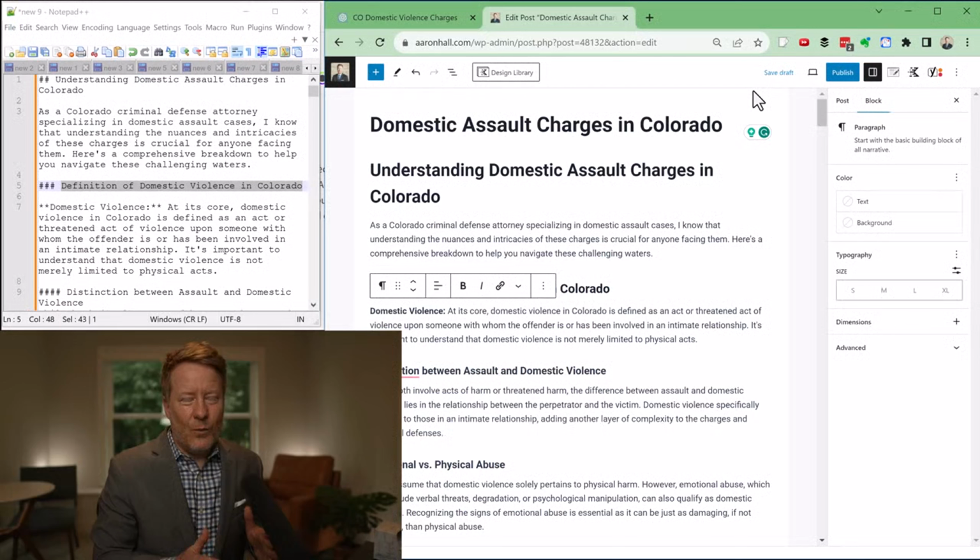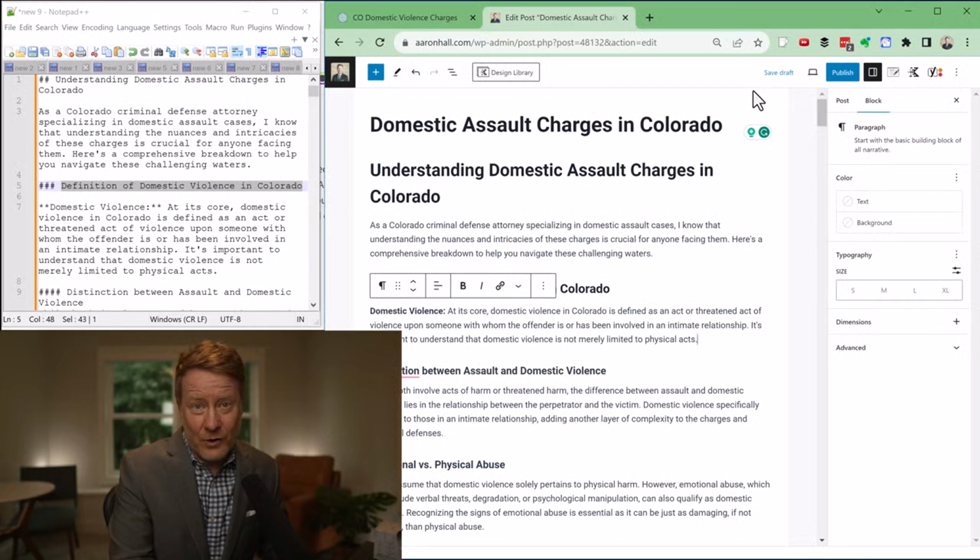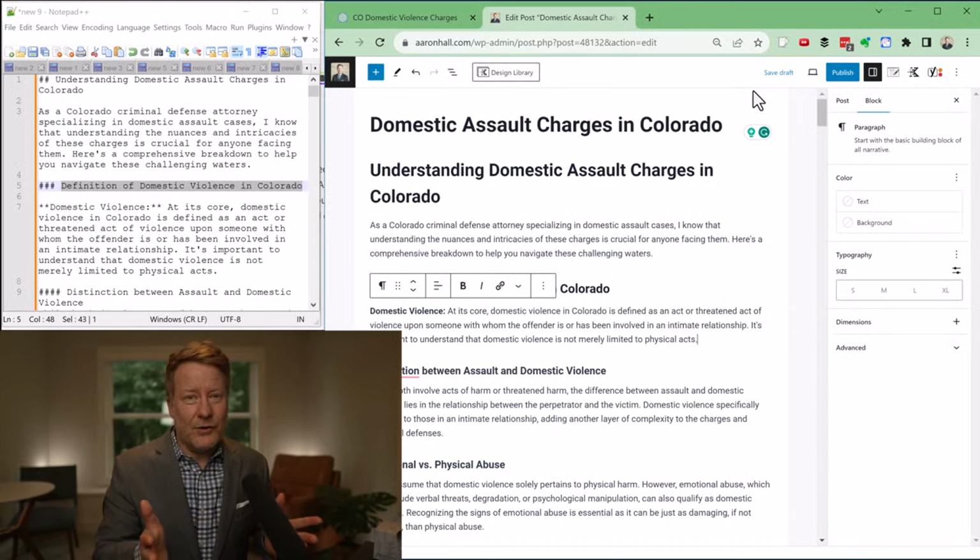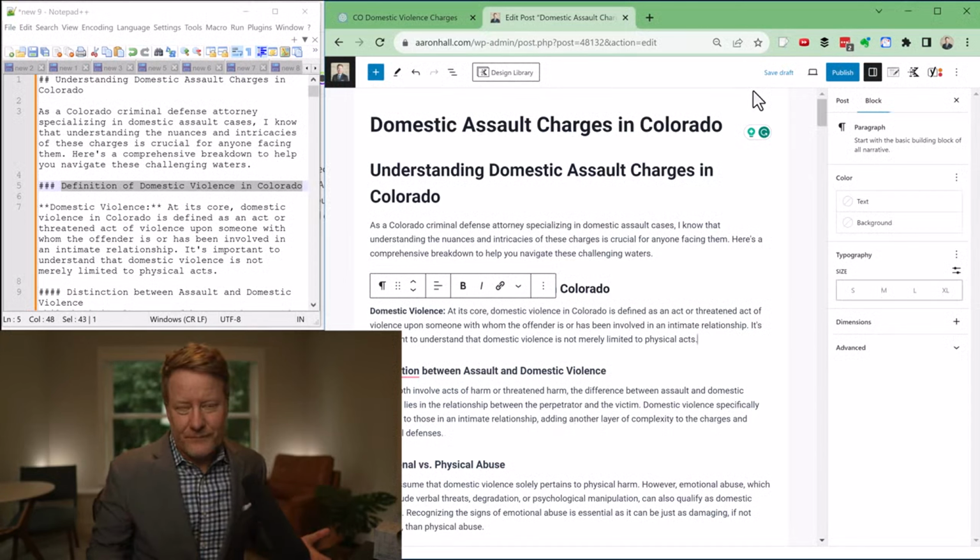But once you get going with this, you can create a 2,500 word article in 5 to 10 minutes. And then your only job is to review it, make any changes or delete any sections that you don't think are helpful, and publish. So it is a very quick process.